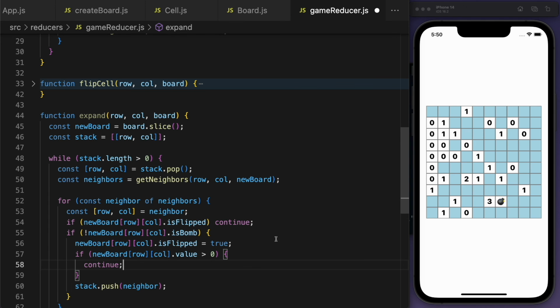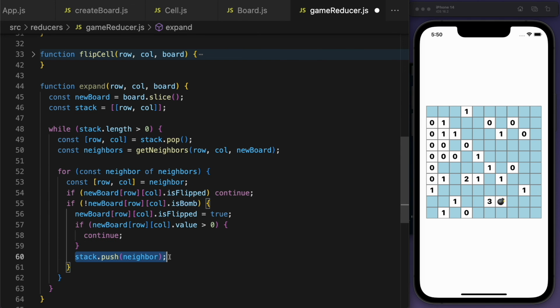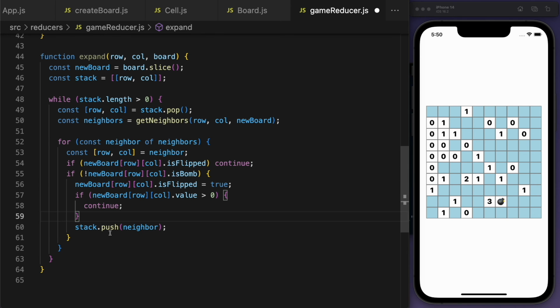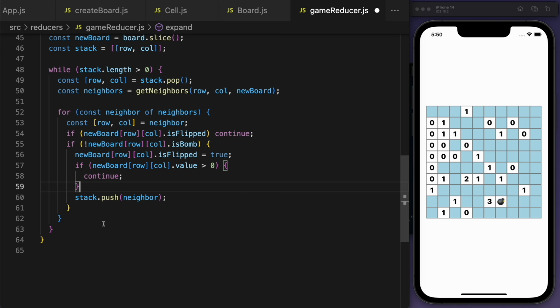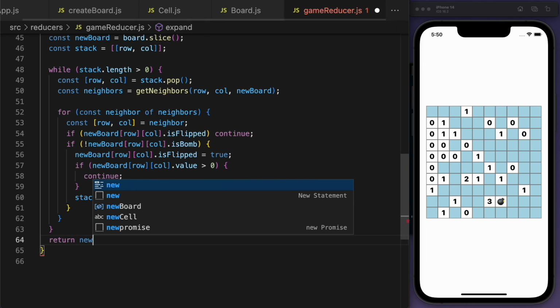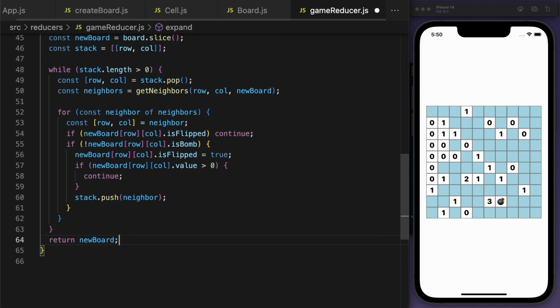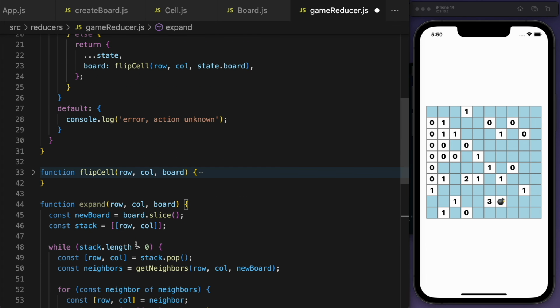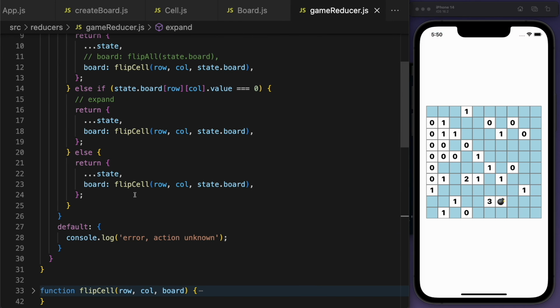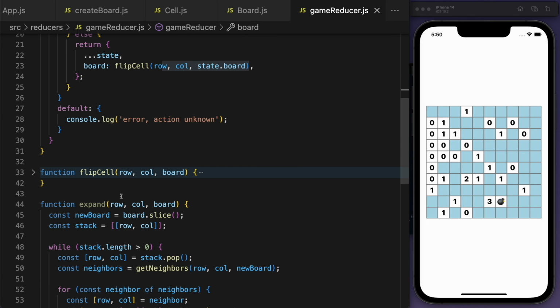So I'm gonna say continue, which means that if we find a number, we are going to flip it, but we are not going to grab its neighbors, so we can stop. Otherwise, if we find a 0, we are going to add it to the stack, which means that we are going to end up with all the zeros flipped. Now, finally, we can return the new matrix, and inside of